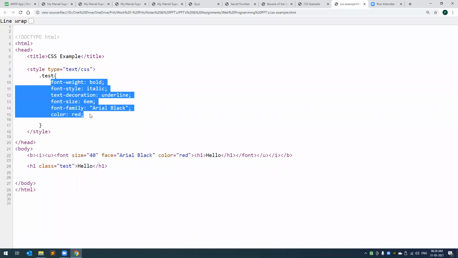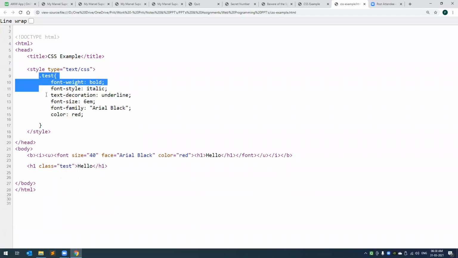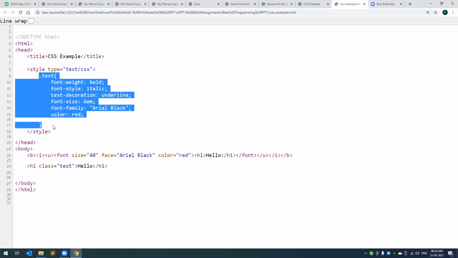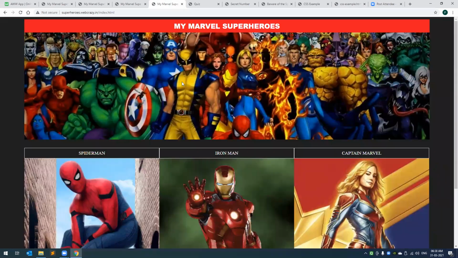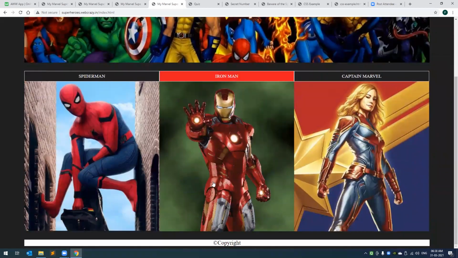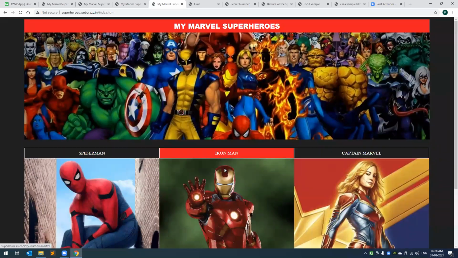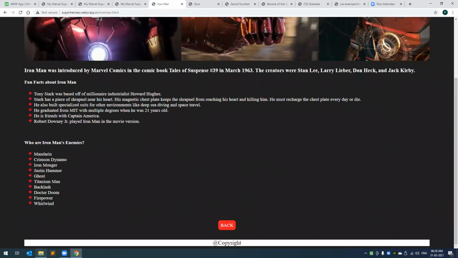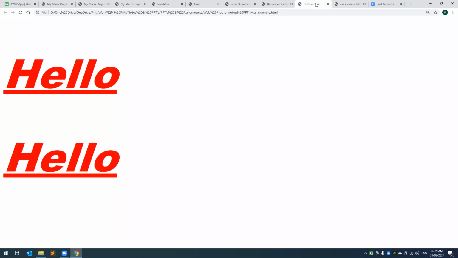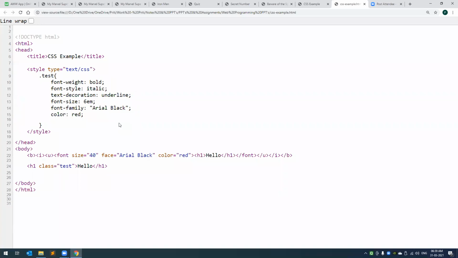So what we can do actually is we can write these styles in a common place, in a separate file, and then just link that file to all my HTML pages. Because whenever we create a website, even if we see the My Marvel Superhero, we have a common background color. We have this red color, you know, this banner on top over here, the header. We have, when I click on any of the pages, we have this common look for the back button, right? So what we can do is we can write all of this in a common file. Okay, we can link it to all the files.